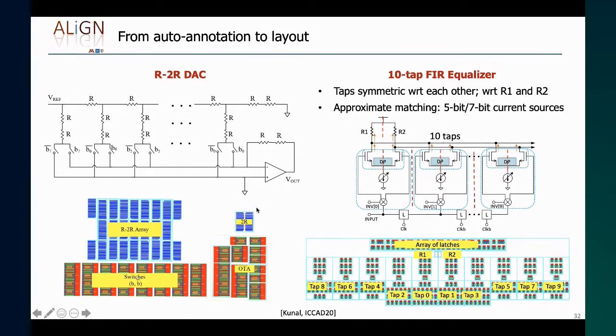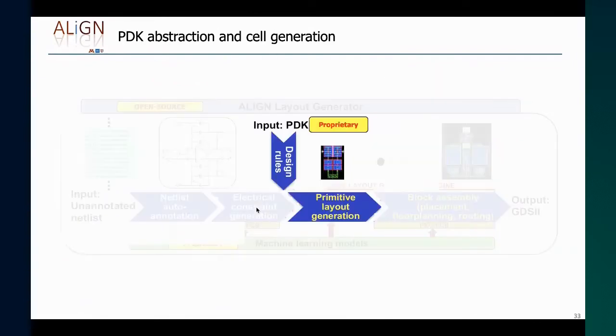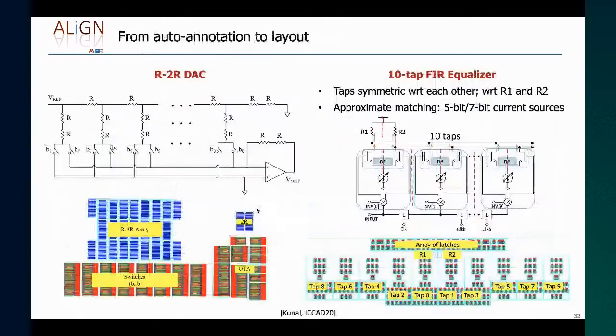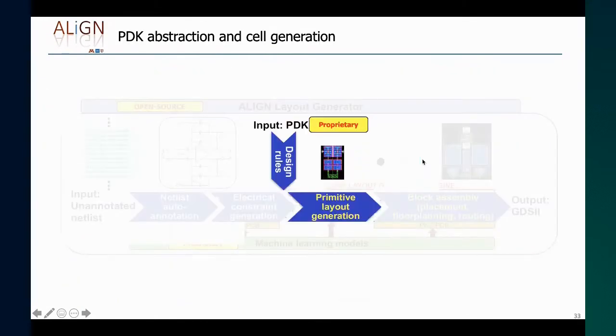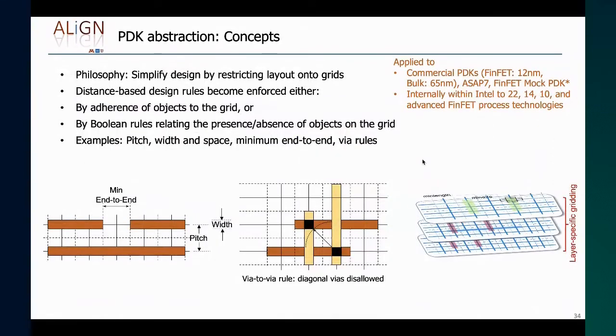So the key to all of this is the auto annotation step, which recognizes the individual building blocks and creates the overall structure. So once we have this, we kind of jumped through some of the processes over here. Our goal here was really to identify these blocks, and we showed the eventual result. But how do you get to this? We first need to create layouts for the individual structures. So we'll first look at creating layouts for the lowest level structures or primitives.